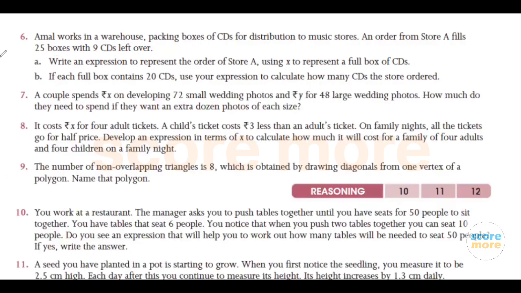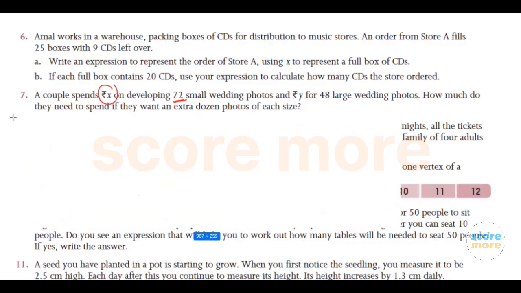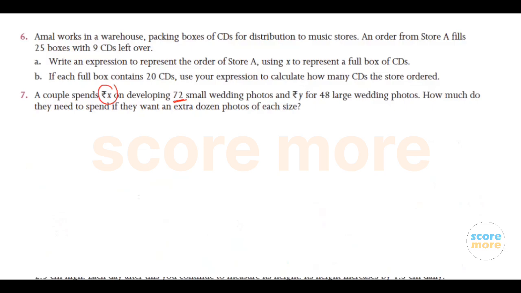Question number 7. A couple spends rupees X on developing 72 small wedding photos and rupees Y for large wedding photos. How much do they need to spend if they want an extra dozen photos of each size? Okay, so in this question it is given that they spent combined rupees X for 72 small wedding photos and Y for 48 large wedding photos. So first of all we have to find the cost of each photo. That means if you want to find out the cost of one small wedding photo,